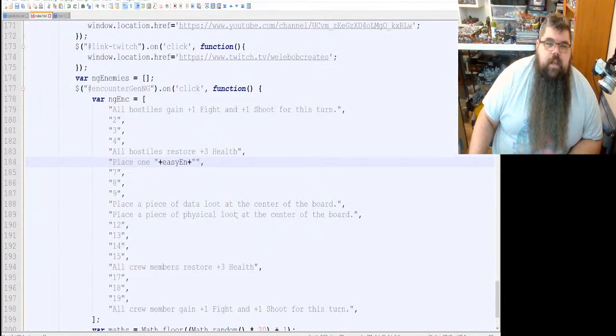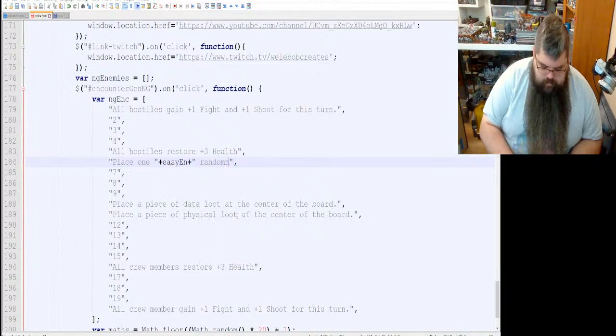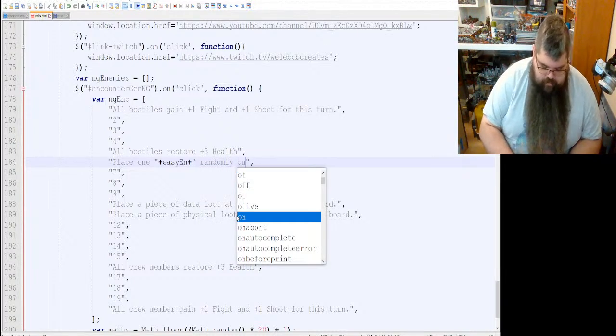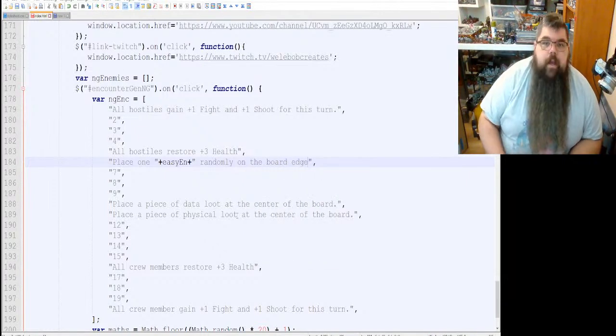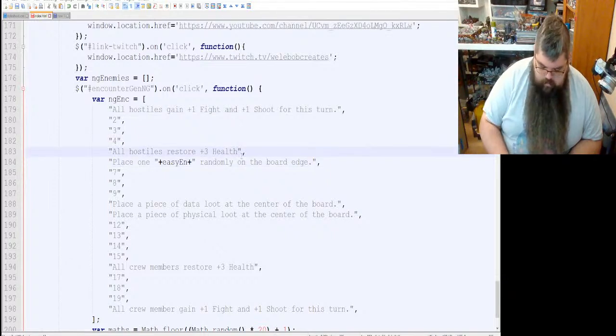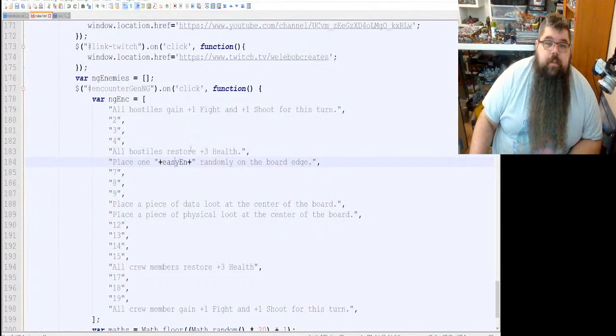And then we'll say randomly on the board edge. Alright, this should work perfectly fine, but we're going to double check it just to be sure.